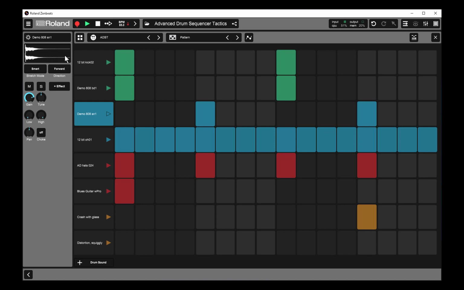Now, I wish there was a way to get a larger view, Roland, of this waveform. It's nice that it's here, and I'll show everybody how to use this, but I think it'd be better if there was a larger image, like an expanded view that popped out or something. At any rate,